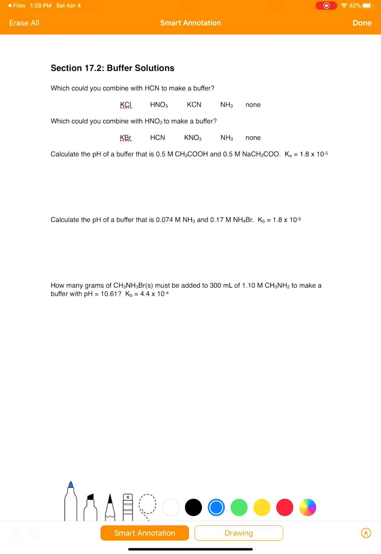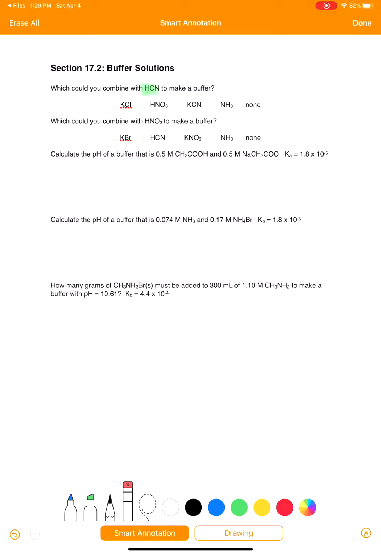So now we are going to practice the stuff that we just talked about. We're going to do the first 4 problems on this worksheet. We're going to practice picking pairs of molecules to make a buffer. So the first question is asking you, if you had HCN, what could you combine with HCN to make a